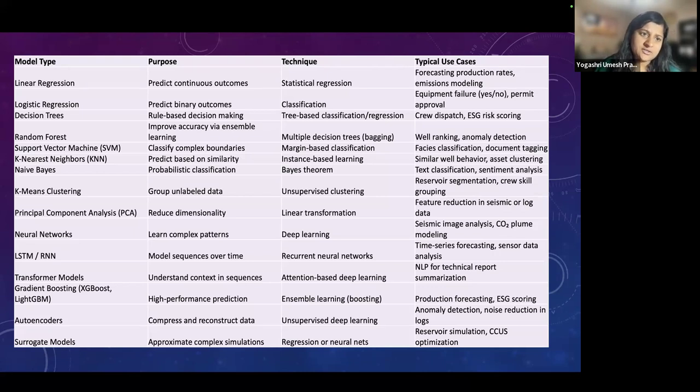So you've got linear regression, logistic regression, decision trees, random forest, support vector machine, k-nearest neighbors, naive Bayes, k-means clustering, principal component analysis, neural networks, and then other neural networks, and then transformer models, gradient boosting, autoencoders, and surrogate models. And I'll give you guys a couple minutes to look at this one.